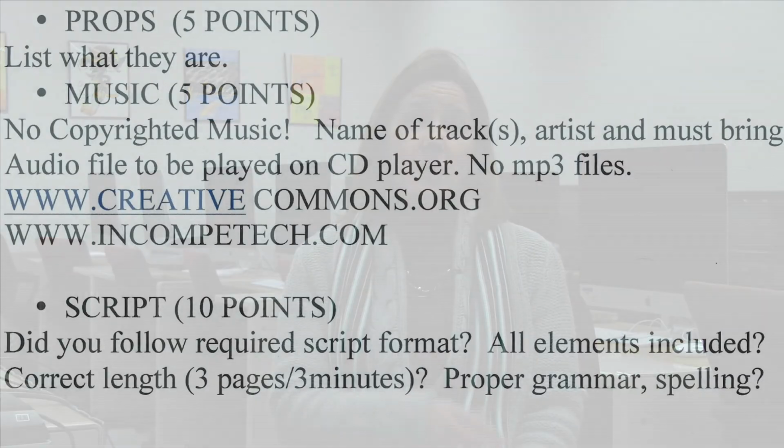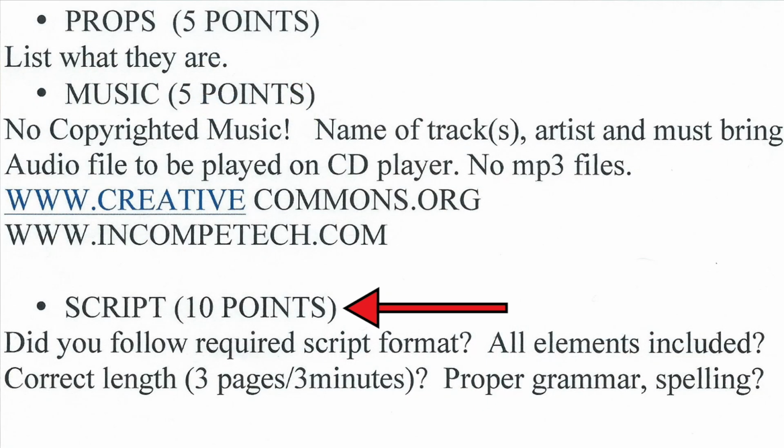Next, we're going to talk about the scripting side of it, because once we get into scripting, the episodic narrative producers will have different responsibilities from the news talk game show producers. So if you're the narrative type, the 3-minute scripts, what we've been calling them, you will be writing your 3 to 5 minute script all on your own. And with that script, you need to have it in to me the week before your production. One, for me to review, but two, to also assign positions and let the talent get the script at least a week ahead of time to work with it. So you will get 10 points for writing that script from scratch.